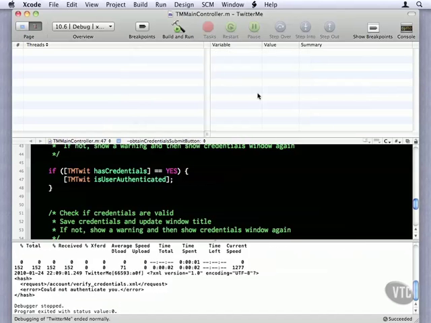And we can see down in our console what we get back when a user is not authenticated is this right here. The XML code is returned, and it's returned with an error tag that says, could not authenticate you. So now we've got something to work with when a user is not authenticated. So let's go back over to the Twitter class,